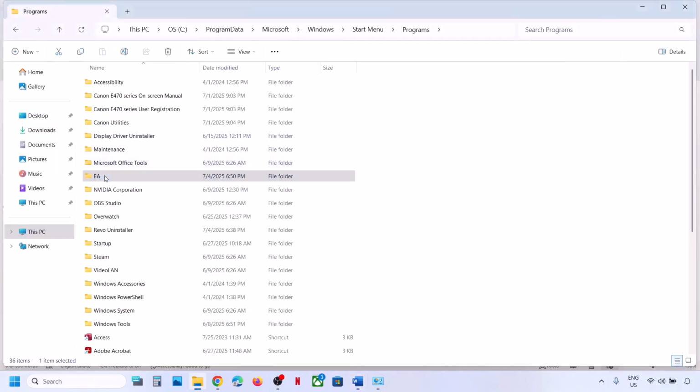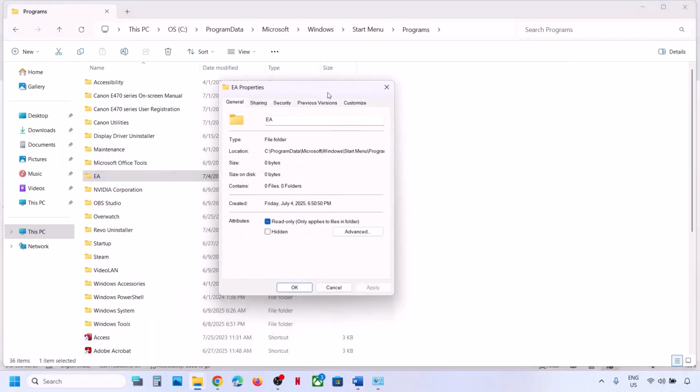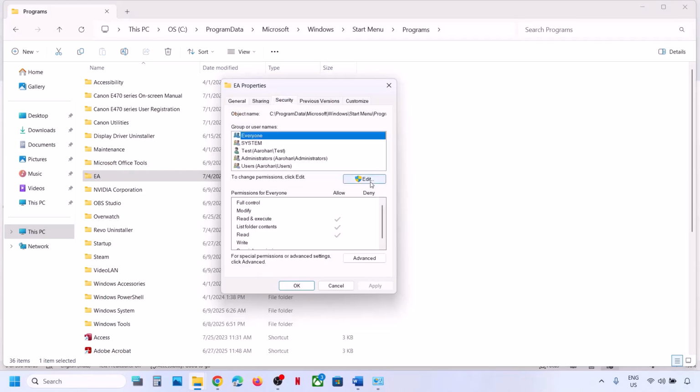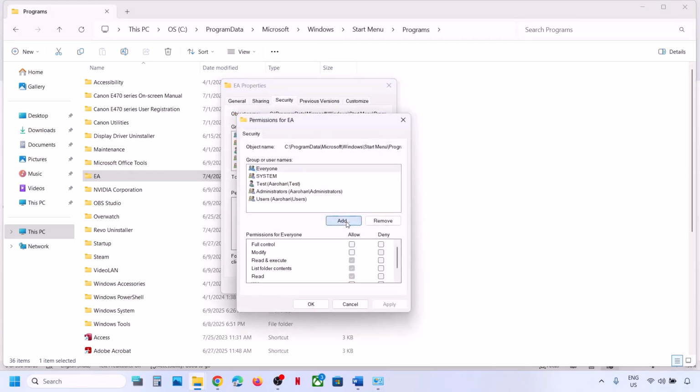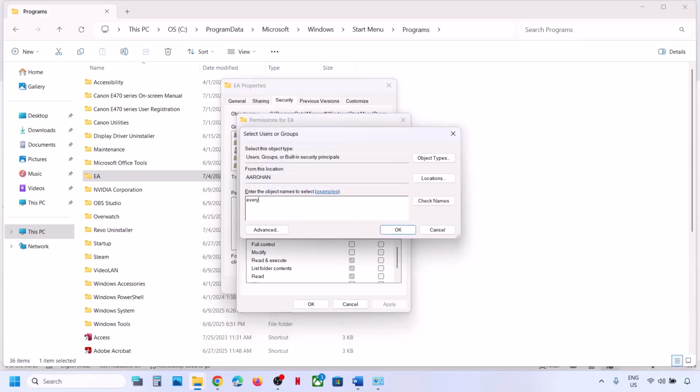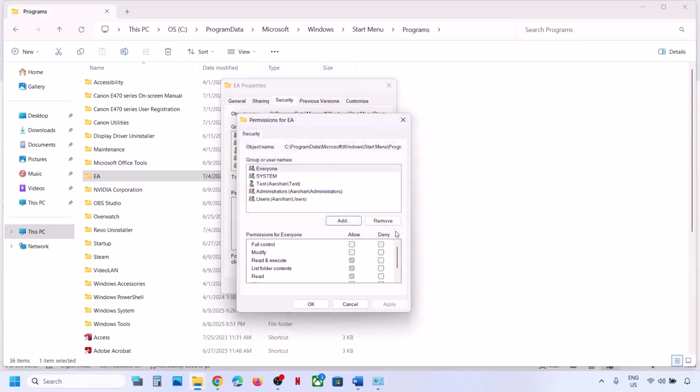Now once you name this folder as EA, after that you right click on the EA app, and then go to Properties, go to the Security tab, and then click on Edit over here, and then click on Add, type in Everyone over here, and then click on Check Names, and then click on OK. Now once you type in Everyone, now you have to click on Full Control over here, and then hit Apply, and then click on OK,